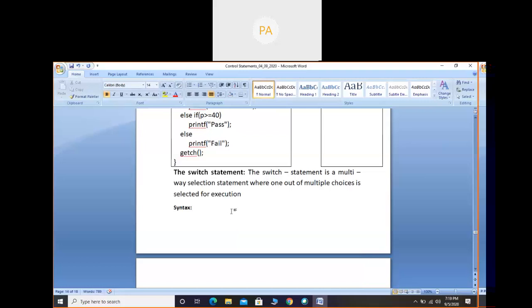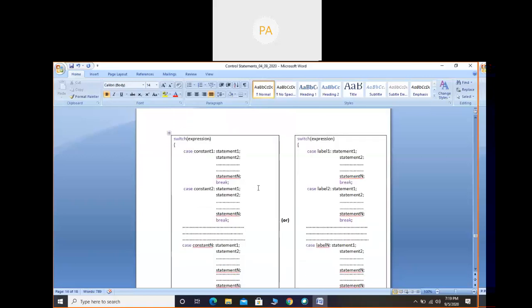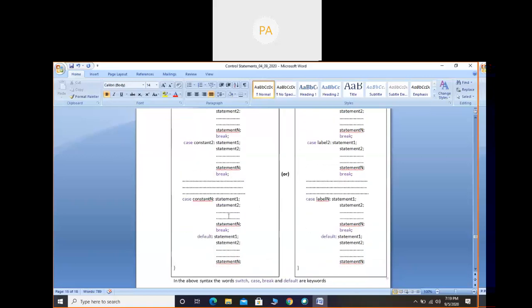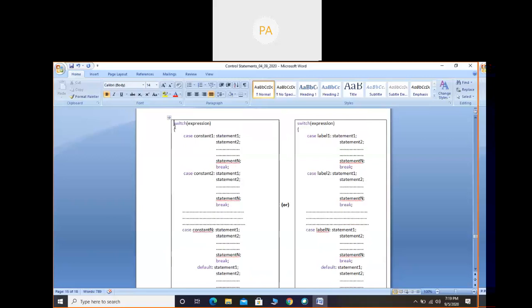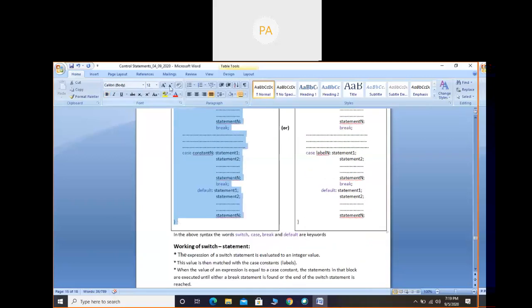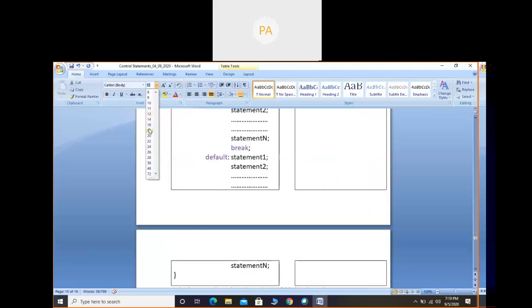So you'll come to know in the syntax how we can select one out of multiple choices. Like we'll be having multiple choices to select. So a switch statement will select one out of it, for execution. Now, this is the syntax. We have two forms of syntax, so we will discuss both. Two forms in the sense only one word is different in that, rest everything functionality is same.